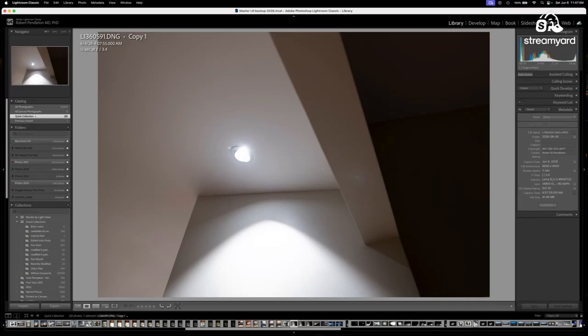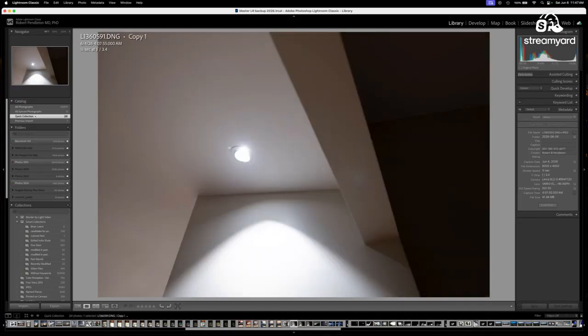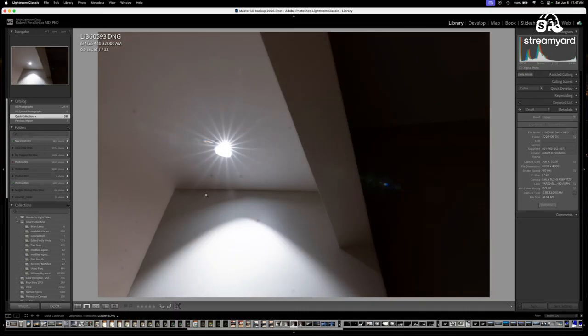But what I wanted to show with that little description is that, look here, there's very little, if any, sensor dust visible in this photograph. But when I drop down to f/22, I can see sensor dust all over the place.